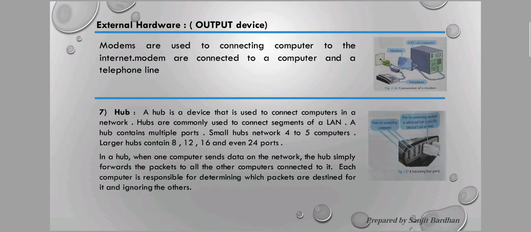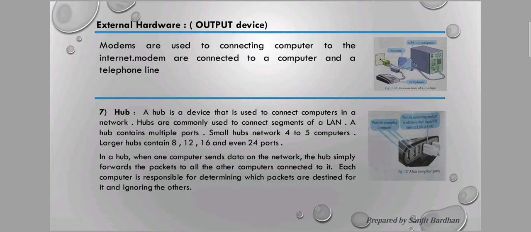Okay, next is hub. Hub means when we want to create a LAN, a local area network, then we use hub ports. A hub is a device that is used to connect computers in a network. That means if I want to connect 10 computers into one network, then we use a hub.